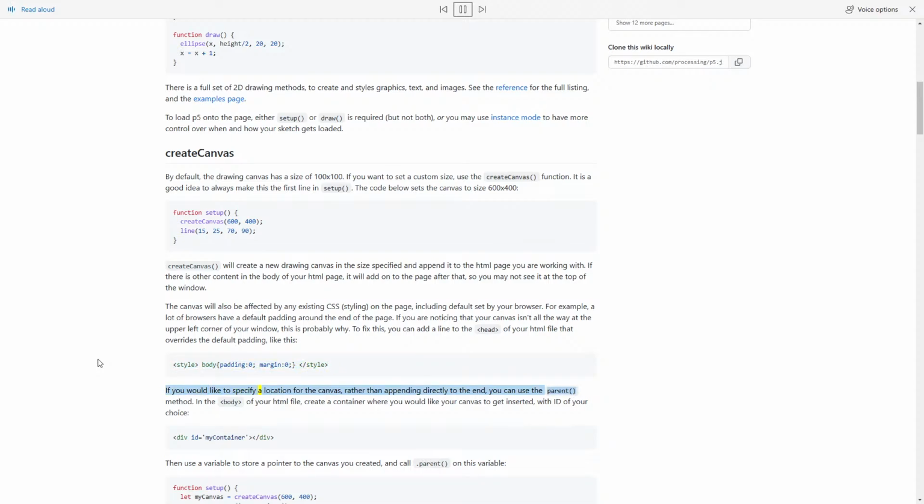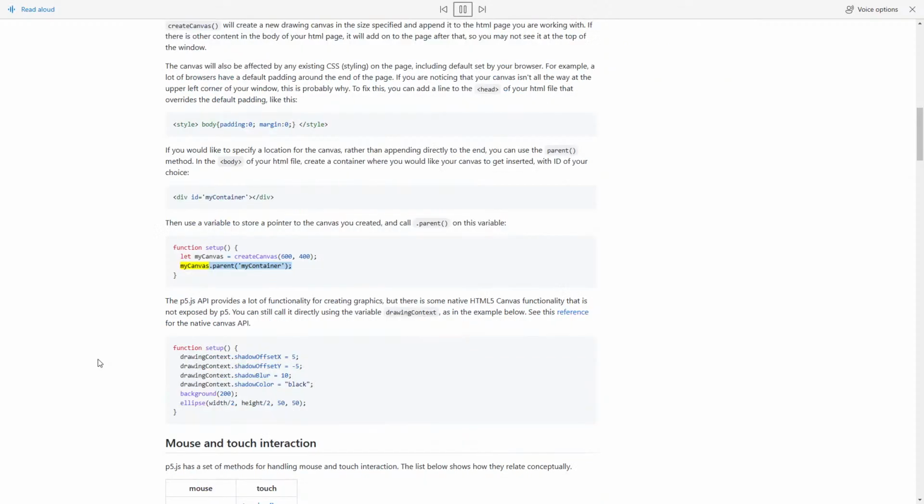If you would like to specify a location for the canvas, rather than appending directly to the end, you can use the parent method. In the body of your HTML file, create a container where you would like your canvas to get inserted, with an ID of your choice. <div id="mycontainer"></div> Then use a variable to store a pointer to the canvas you created, and call .parent on this variable. function setup() { let myCanvas = createCanvas(600, 400); myCanvas.parent('mycontainer'); }